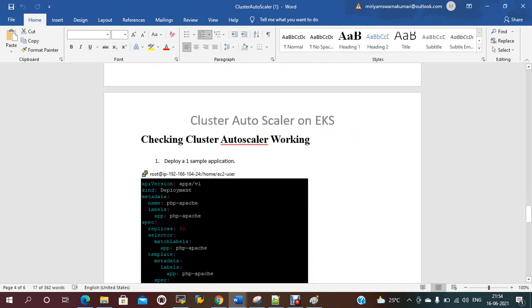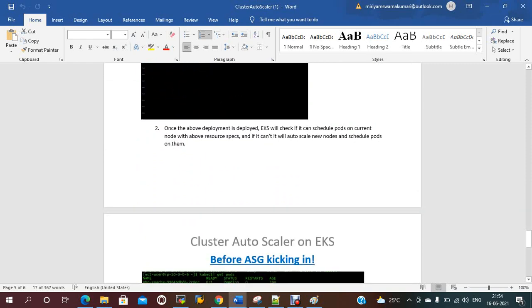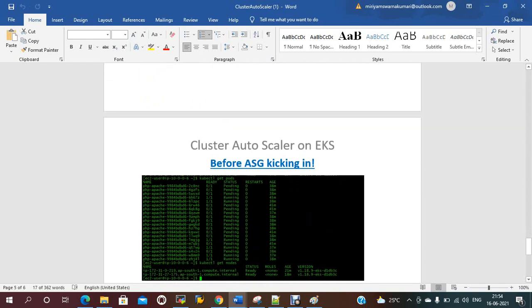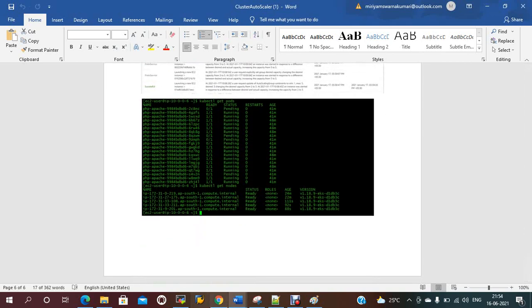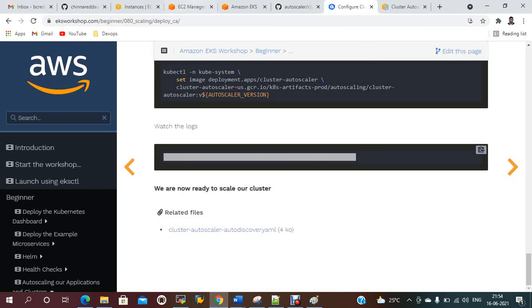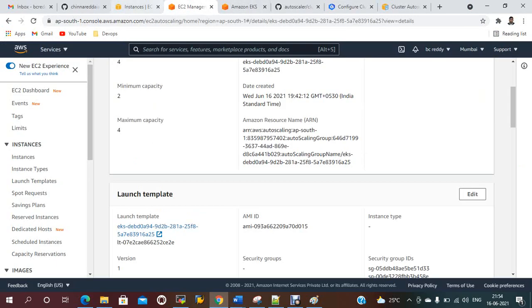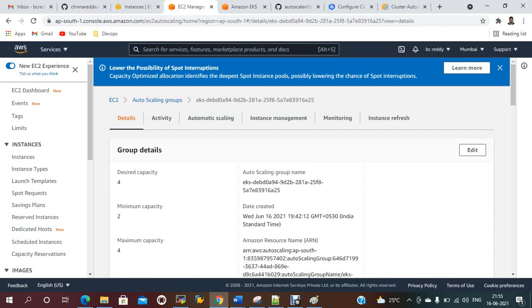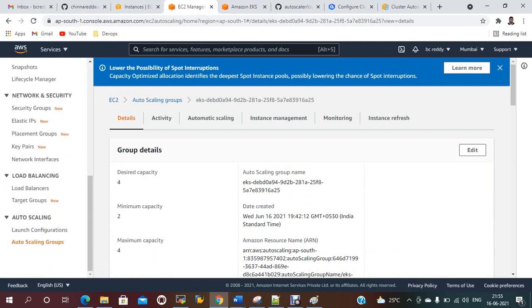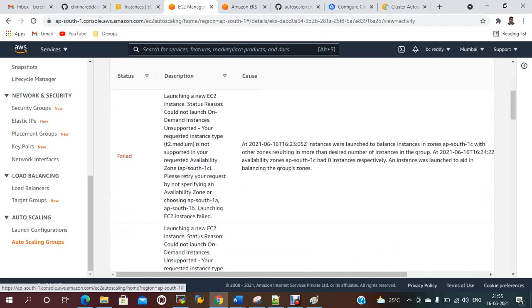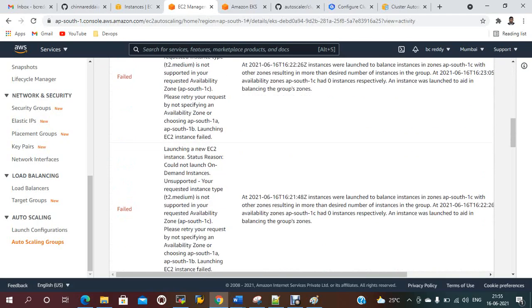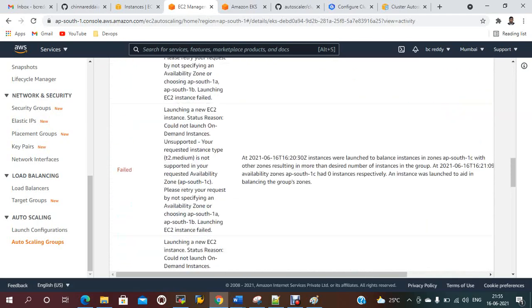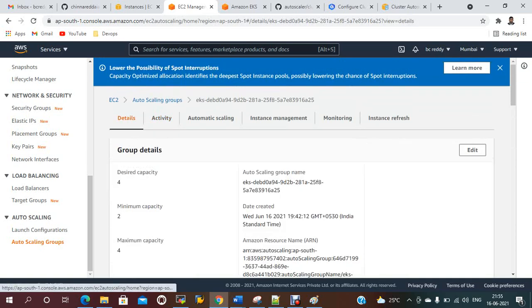Now checking that the autoscaler is working, this is working fine. The deployment, see, after this is also working. And the auto scaling group also you can see.